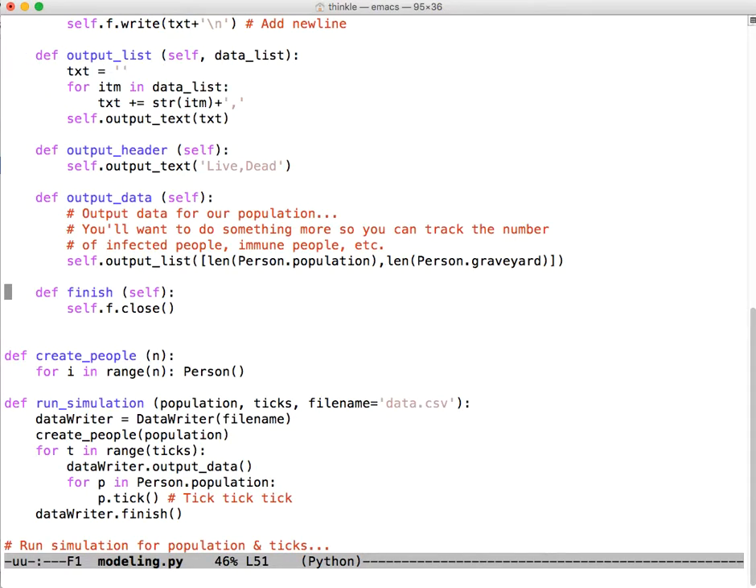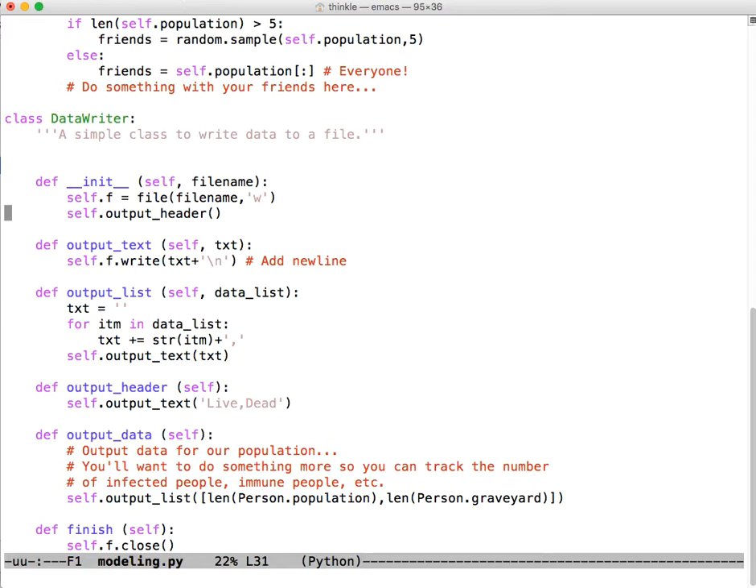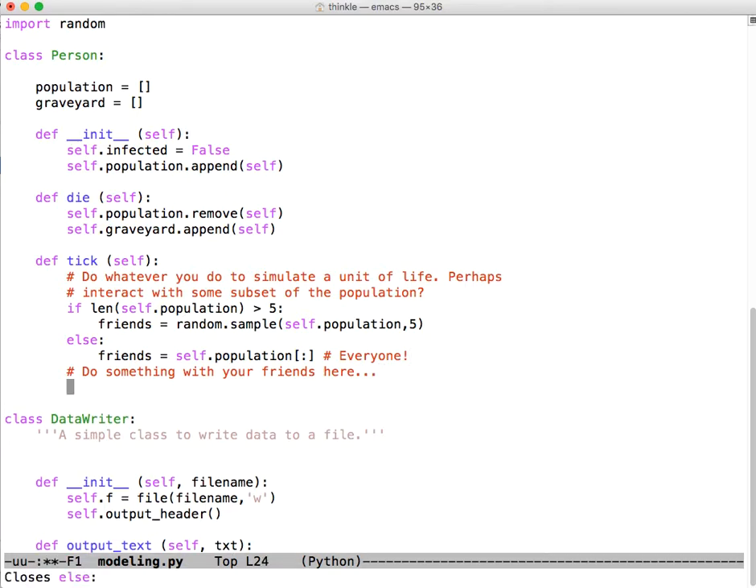Okay, so the first thing to think about improving in this model is what happens each round of the game, and that's what we call the tick. I think of that as a clock, so I like to call it a tick method. Each round of the game, what happens? My sample code grabs you a list of 5 friends, and then it says do something with your friends here. So an obvious thing to do